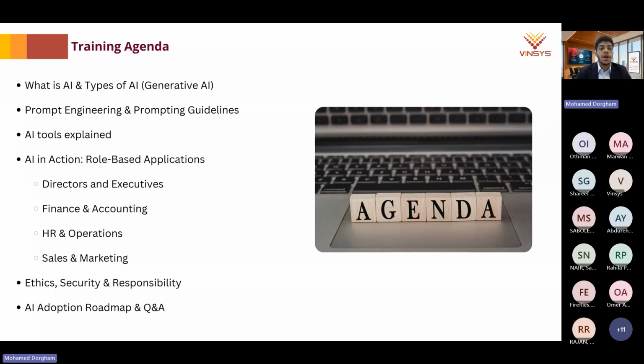We're going to explore how AI can be used for executive leadership, how AI can be used across the finance and accounting department. Not only that, we're going to see how AI can be a helpful assistant for HR and operations. In addition to that, we're going to see how AI can be used effectively in sales and marketing, and all the operations and tasks related to sales and marketing.